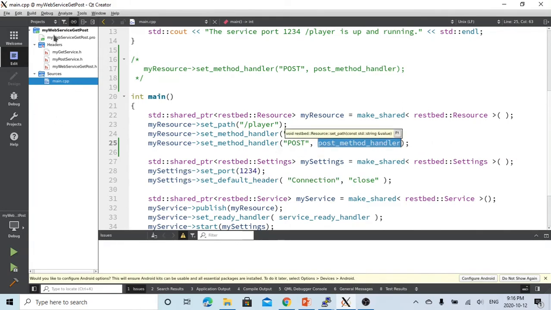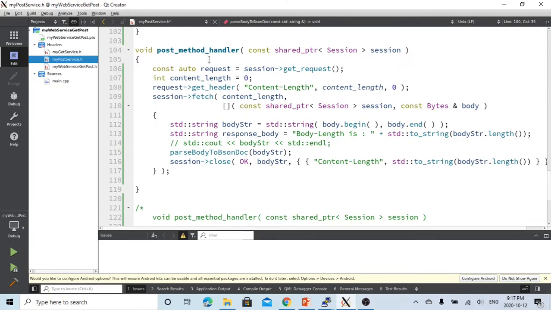So once the post request comes in, it goes to the post method handler function. In this function, we fetch the session and the body. We use the body begin to end to build the body string, which is the request